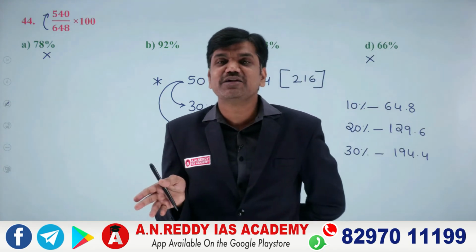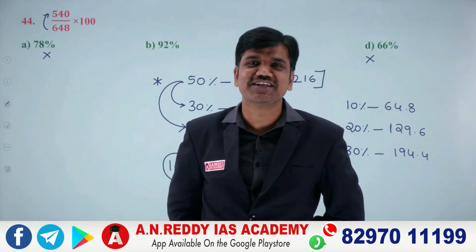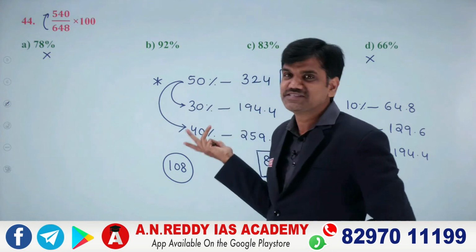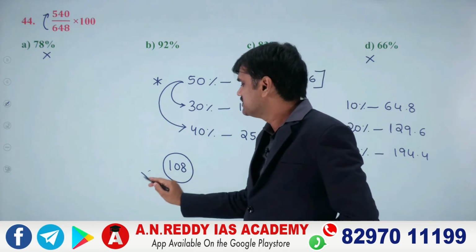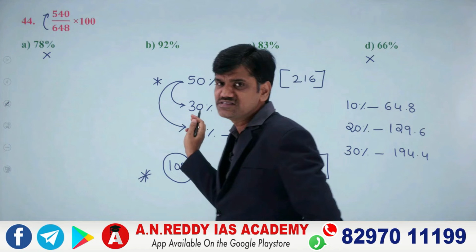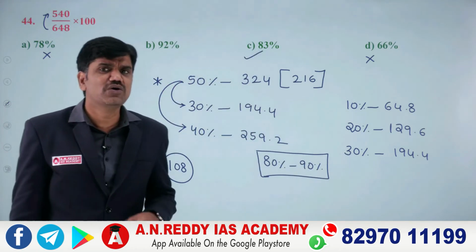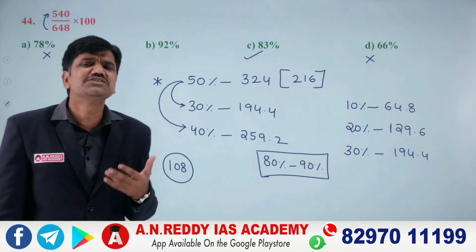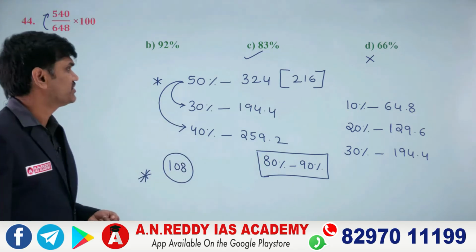So 10% I can remove, 20% I cannot remove, which means my answer has to be between 80% and 90%. Hence my answer has to be what? 83% I can take, right? That is another way. When you go in reverse order, this is how you can think. See, there is no hard and fast rule as to how to think. Sir, do I need to start with 50% or 100%? It's your convenience, right? Please make a note of it.